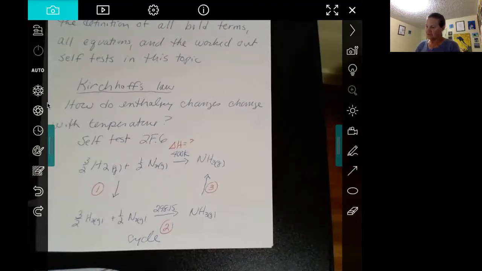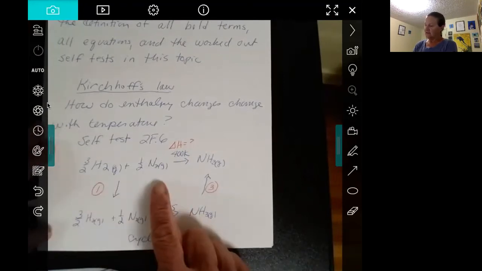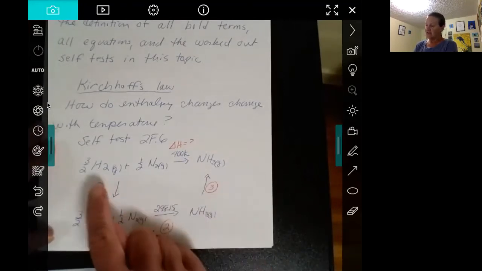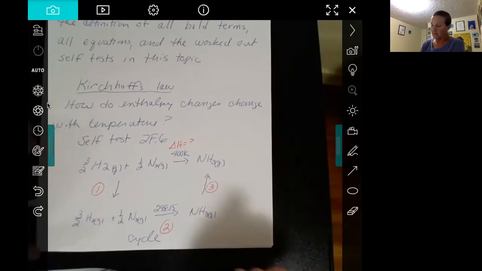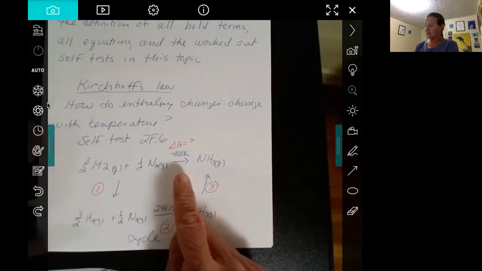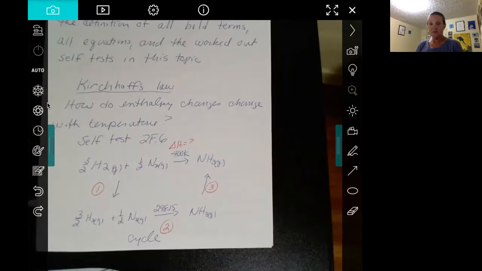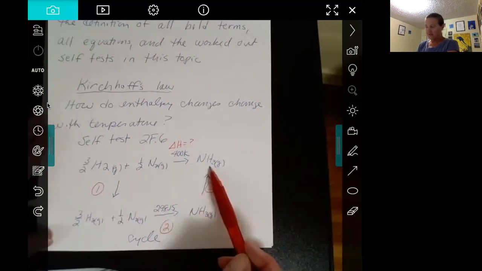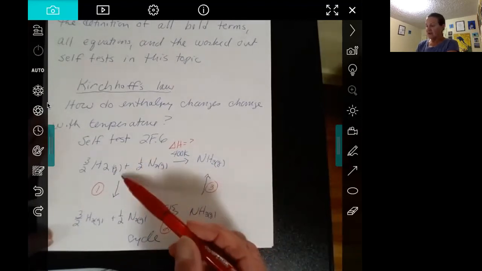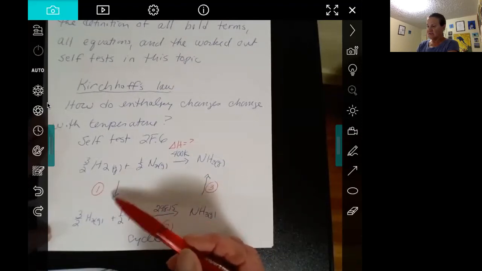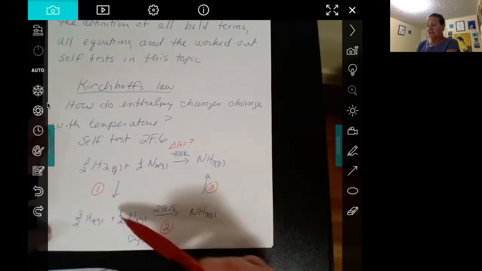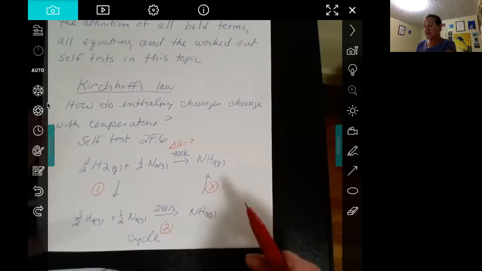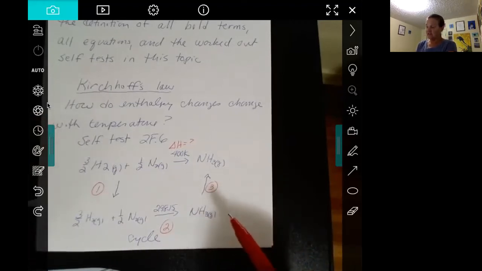So this is self-test 2F.6, and it asks you to determine the delta H of formation for ammonia gas at a different temperature than would be in the table, so at 400 degrees. So it's a really common thing to need to do, which is, we know Hess's law is true. So if I want the delta H for this reaction at 400 degrees, I just need to figure out how do I change the reactants into the products in another path, and that those steps have delta H's I can